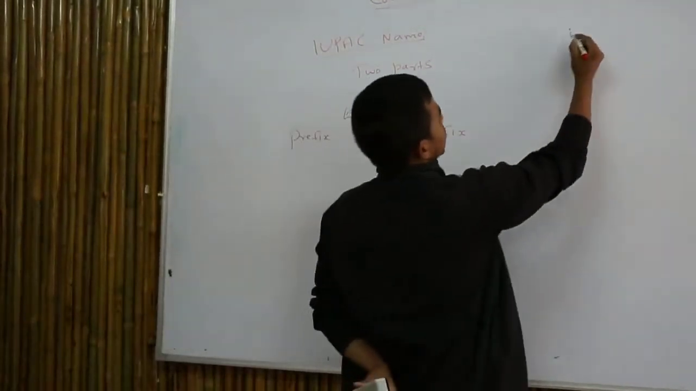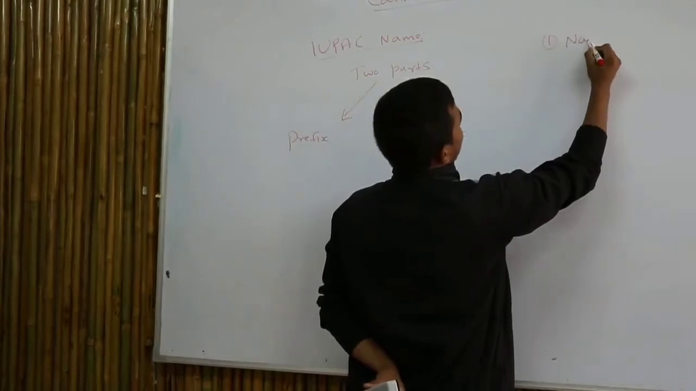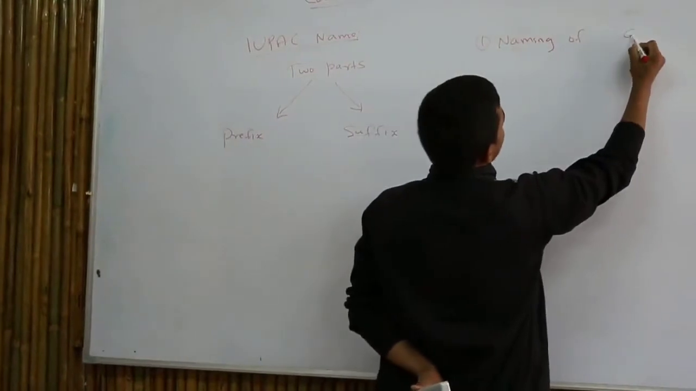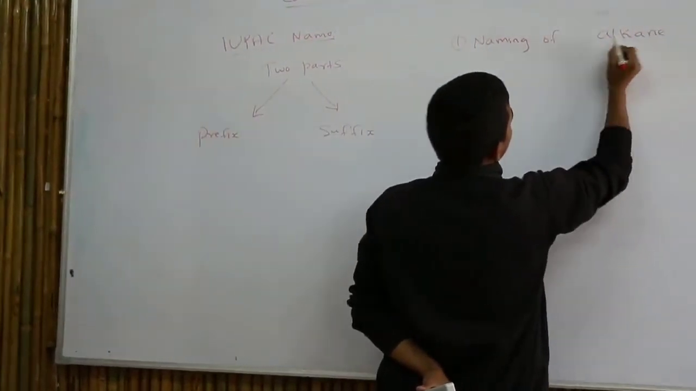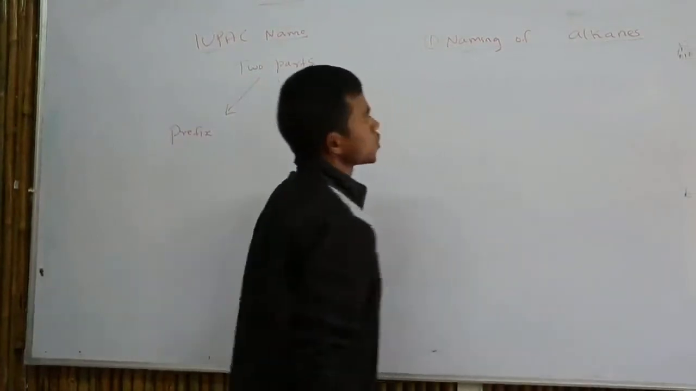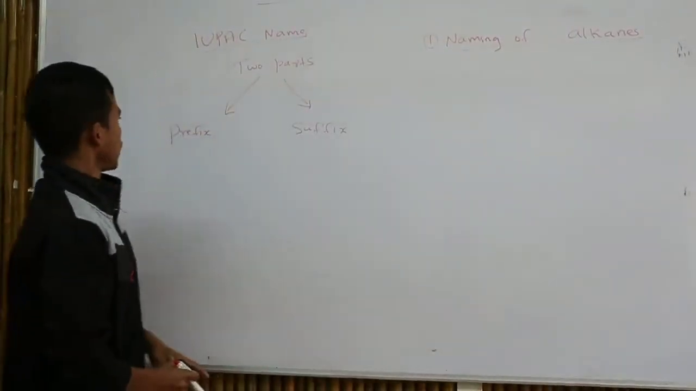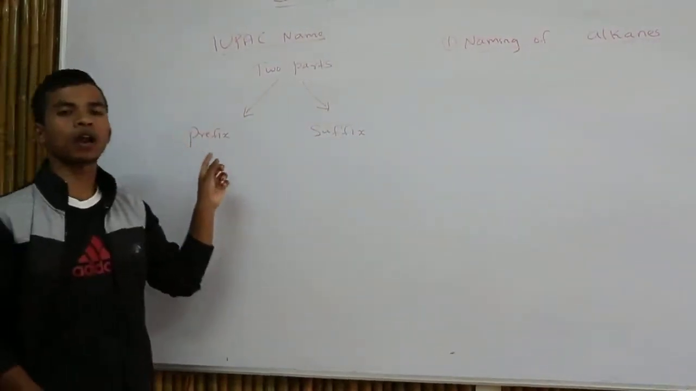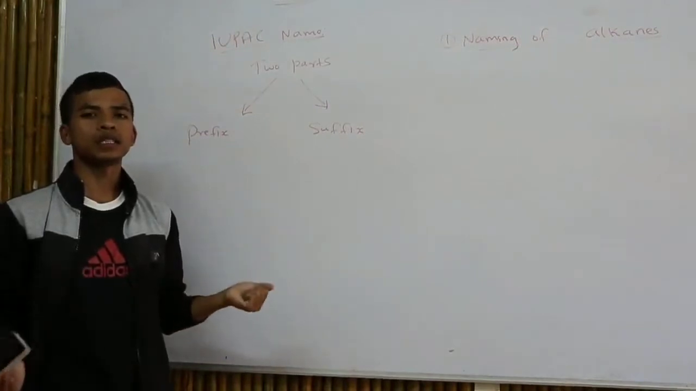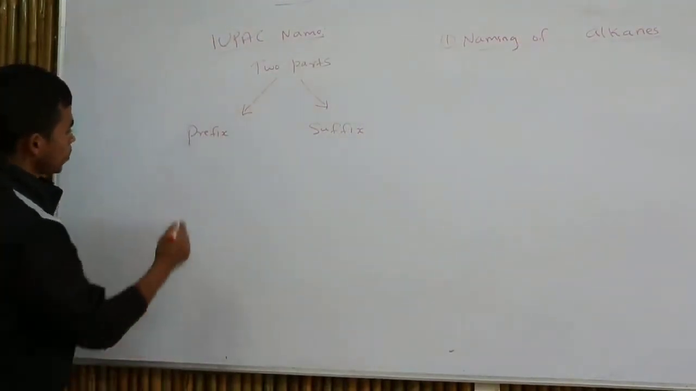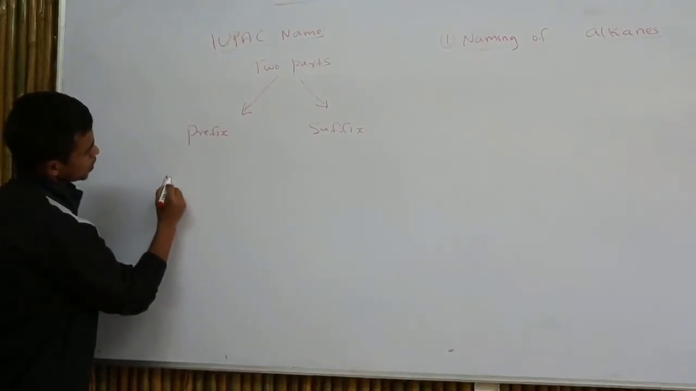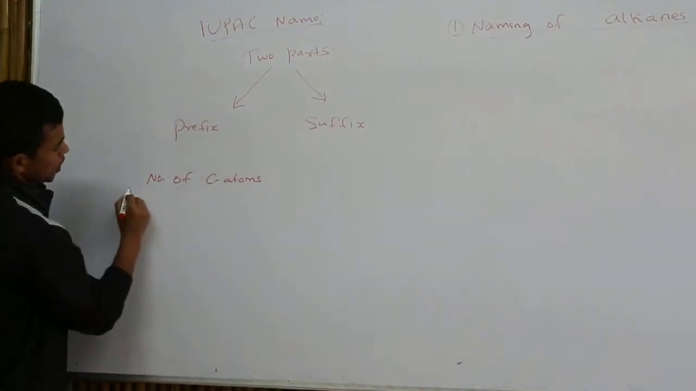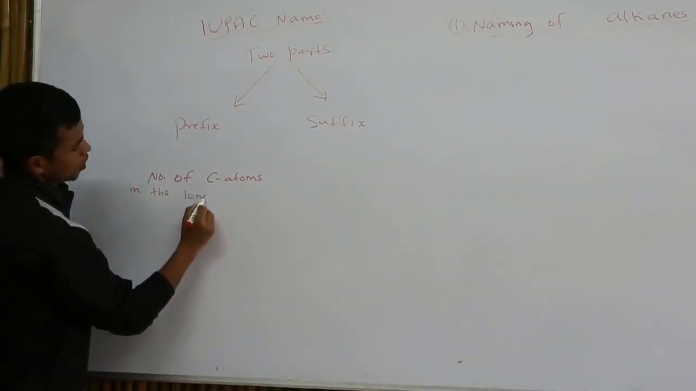So first we will do naming of alkanes or saturated hydrocarbons. Here the prefix denotes the number of carbon atoms in the longest chain. Suppose the number of carbon atoms in the longest chain